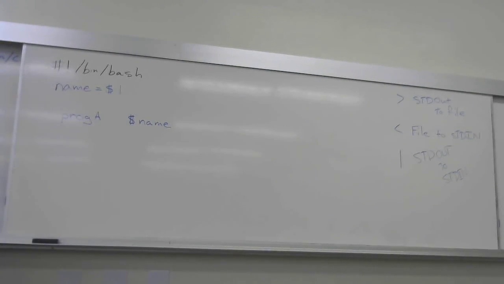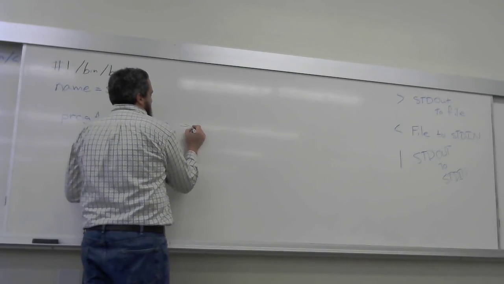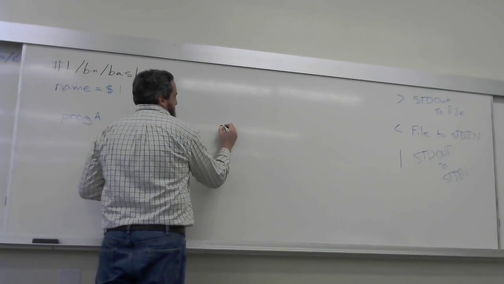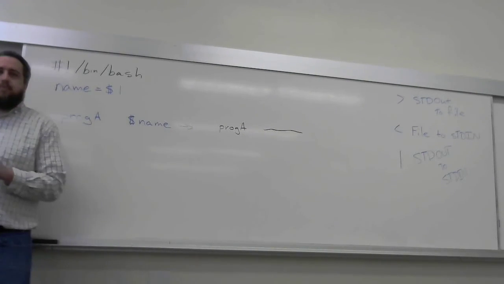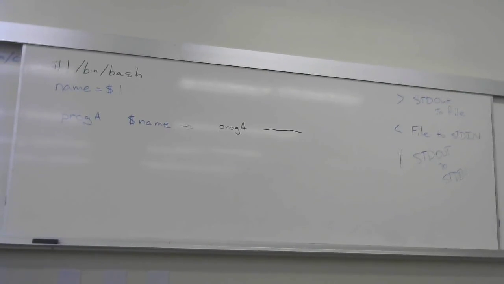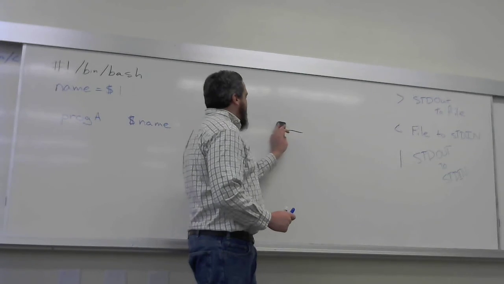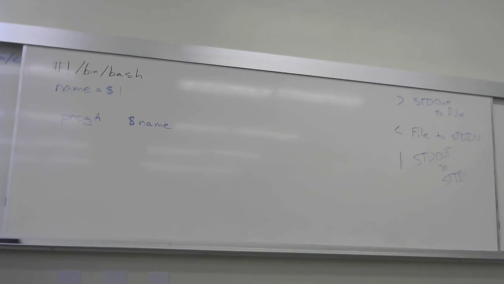$name. Right? Because this line, prog A $name, gets rewritten to the execution of prog A and whatever they type there. So that was kind of a trick question. I was asking you to do something that was pretty straightforward. You just do the $name. You don't have to do anything special. But we do have to do something special